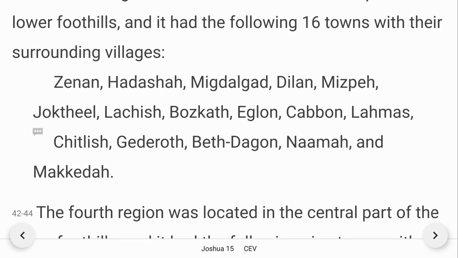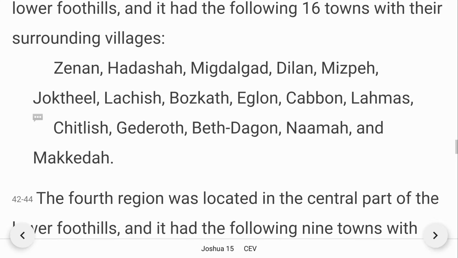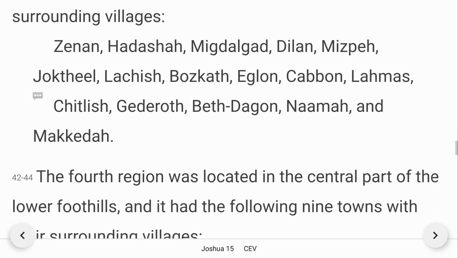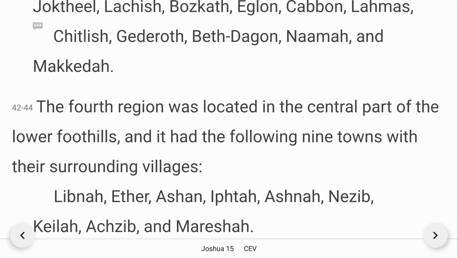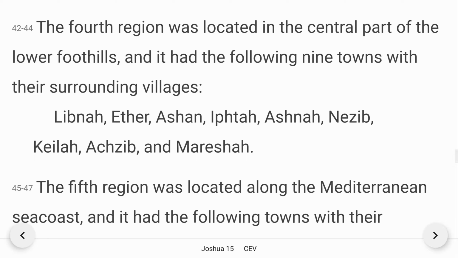Jannah, Hadasha, Migdalgad, Dilan, Mizpeh, Joktilith, Kashishi, Bozkath, Agran, Kabon, Rahmas, Chitlish, Gederath, Besdagon, Naaman, and Makeda. The fourth region was located in the central part of the lower foothills, and it has the following 9 towns with their surrounding villages: Libnah,